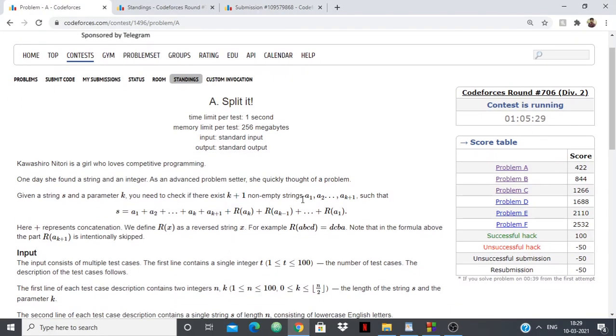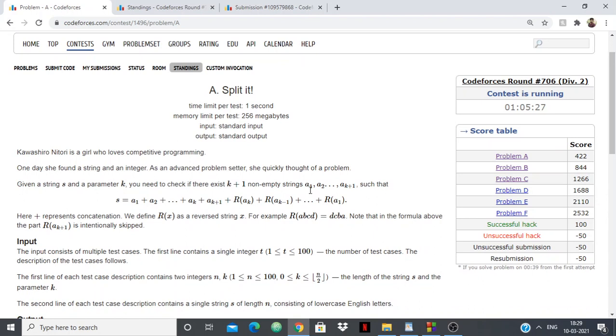Hello everyone, in this video we're going to see the solution to the Codeforces problem A, Split It, of Round 706 Division 2. Okay, so Kawashiro Nitori is a girl who loves competitive programming. This is one line which is not going to help you solve the problem, and neither is the next line. But anyways, given a string s and a parameter k, we need to check if there exist k plus 1